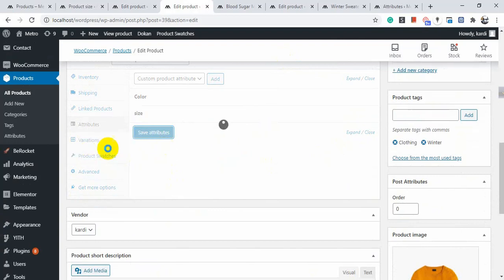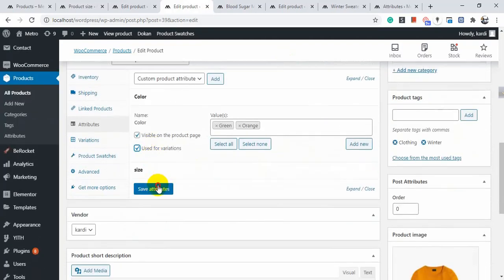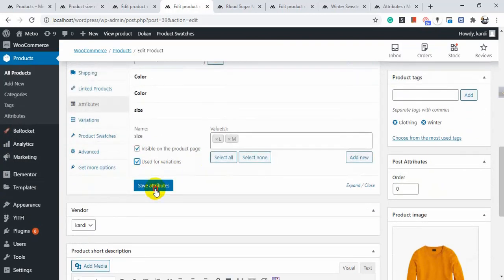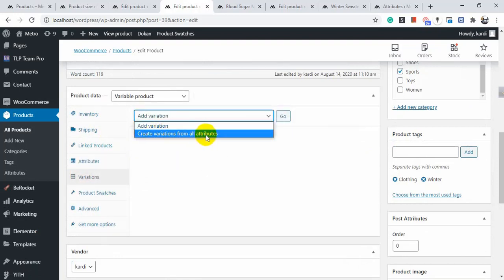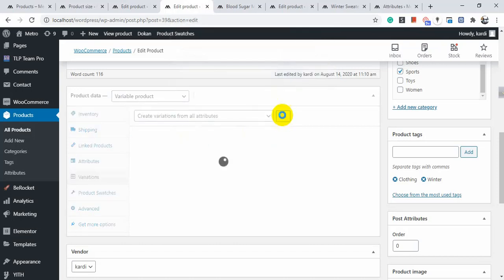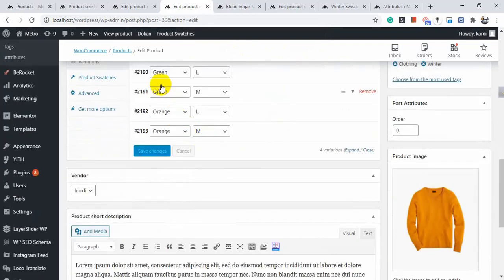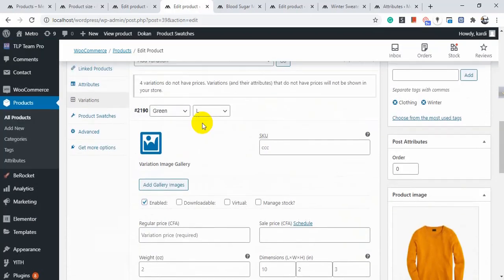Okay, then I have to add the product variations from here. Sorry, I have missed something. I have to check this. Okay. Now I can choose from all attributes. I can choose, then go for the variation method. Okay, I have added green, merge. You can modify from here or set any size from here, or you can make combinations like this. Then after clicking this, you can add your variable product